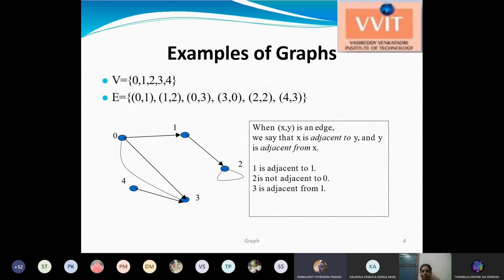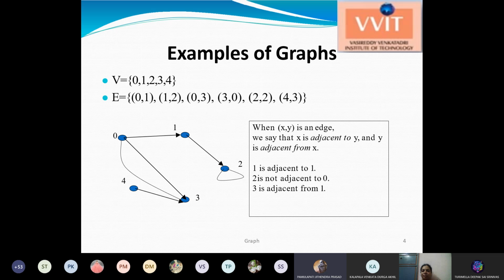Next, examples of graphs. Whenever we write the vertices and edges mathematically, you can write it like this: V equals {0, 1, 2, 3, 4}. That means I have 5 vertices in the graph, with the values 0, 1, 2, 3, 4. And I have a set of edges. Within the curly brackets, we mention the set of edges.